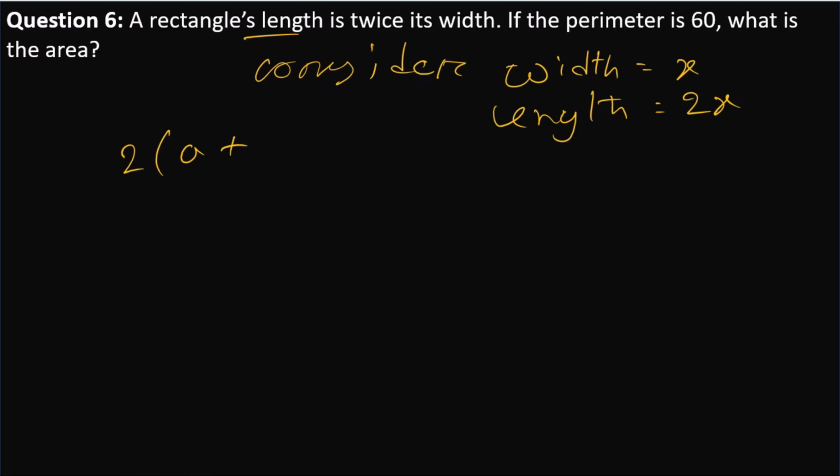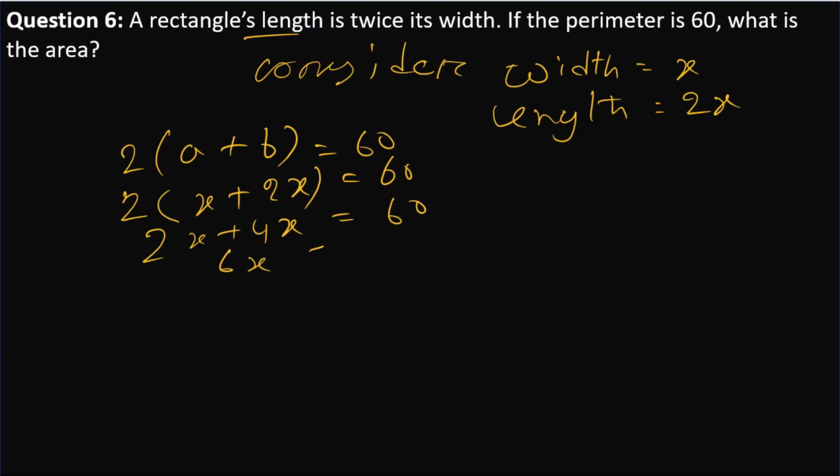If we consider the width as x, then the length is 2x. So 2 times (x plus 2x) equals 2x plus 4x equals 60, and here 6x equals 60 and x equals 10. So the width of the rectangle is 10